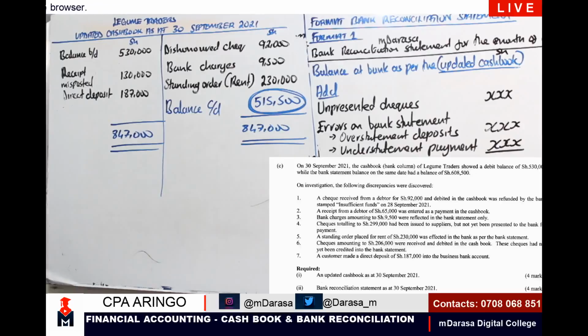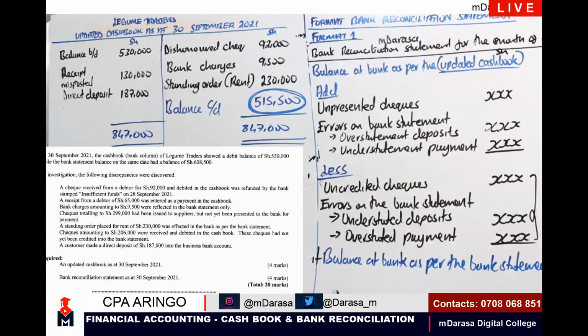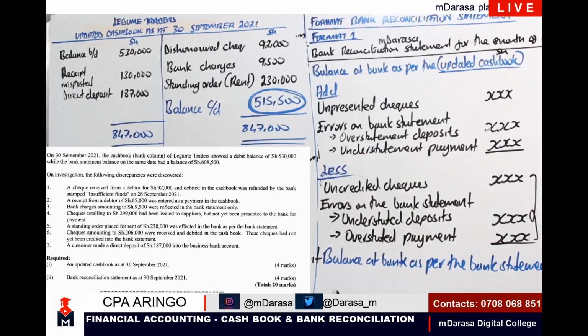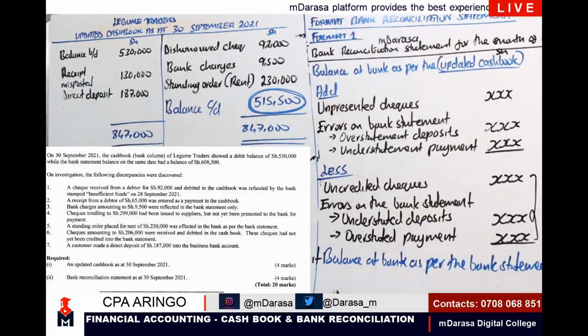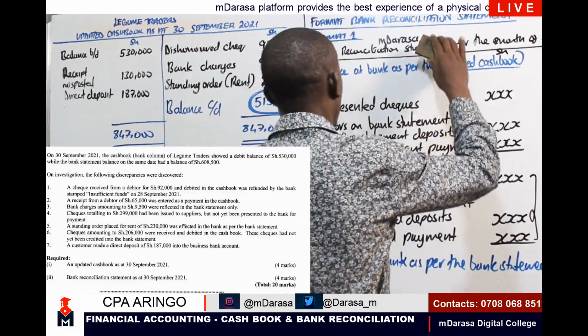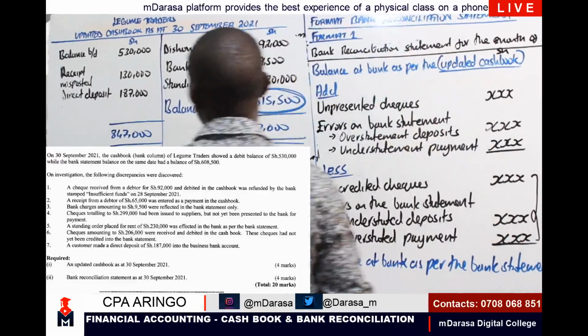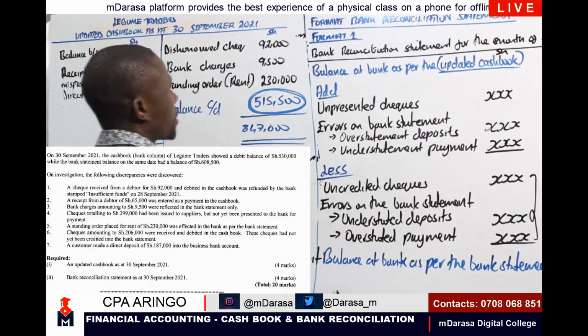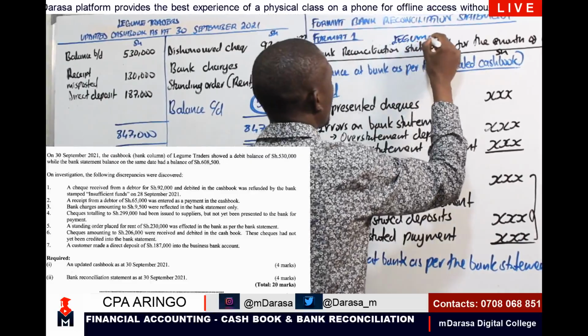So the moment we have determined that figure there, I want us now to come and prepare our bank reconciliation statement. The good thing is that already we had it here. I'm not going to raise that format. I'm going to change the title of this bank reconciliation statement of ours, and I'm having it as Legume